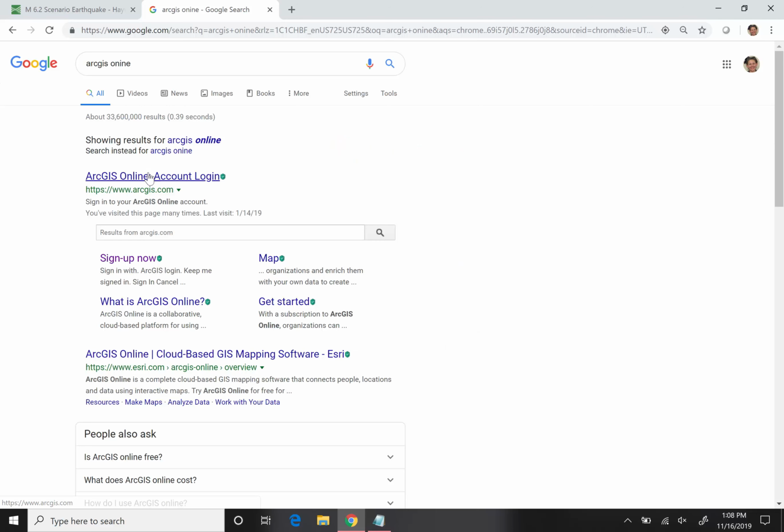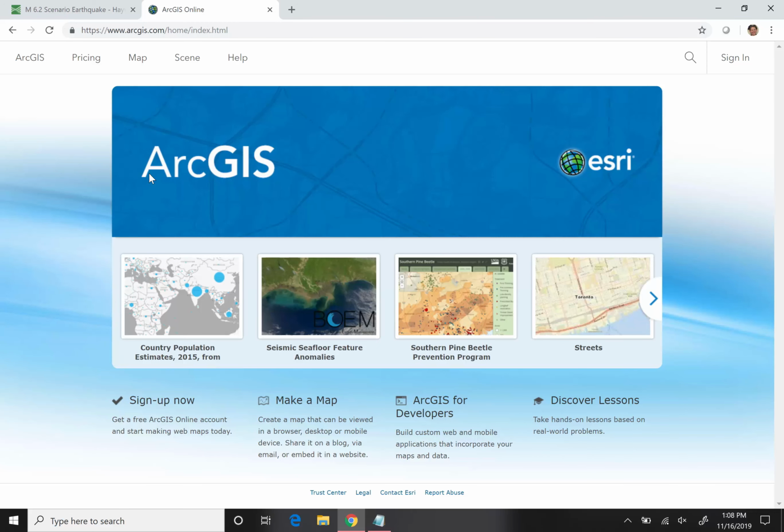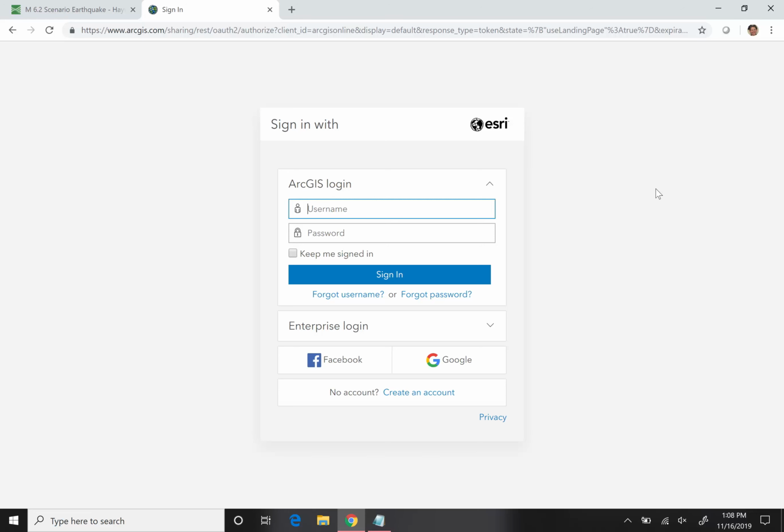So it says account login right there. If you are designing exercises for CSTI, they can provide you with the username and password. Obviously, I'm not going to record that in a video. So just know that if you're being charged with exercise design, you need to ask for the username and password. So the username is pretty easy though, and that is going to be in the video here. Administrator. And then when they give you the password, you can go ahead and use that to sign